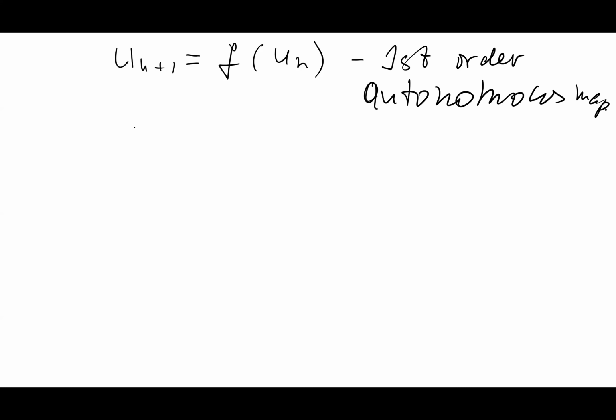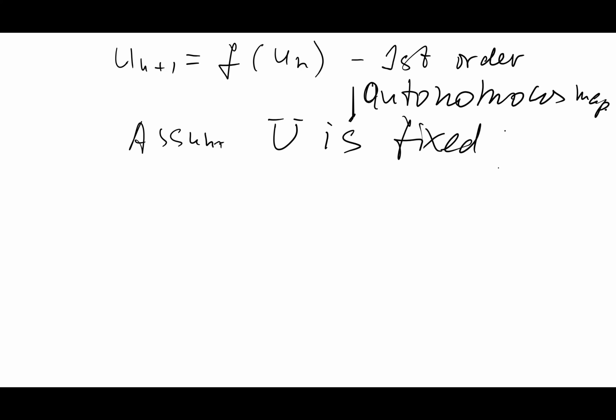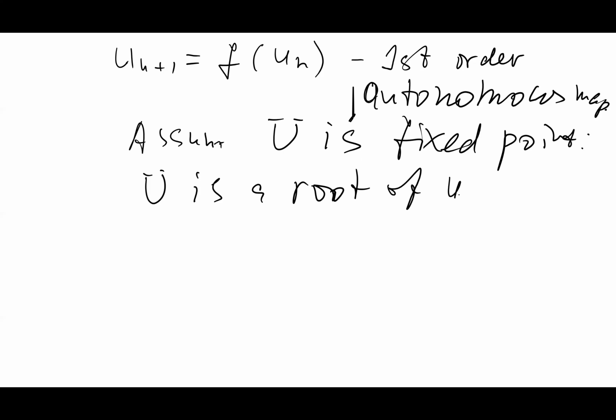Now, assume U capital is a fixed point. We know how to find fixed points. U is a root, one of the roots, or maybe the only root, of the algebraic equation U equals f of U. Now, U capital is called